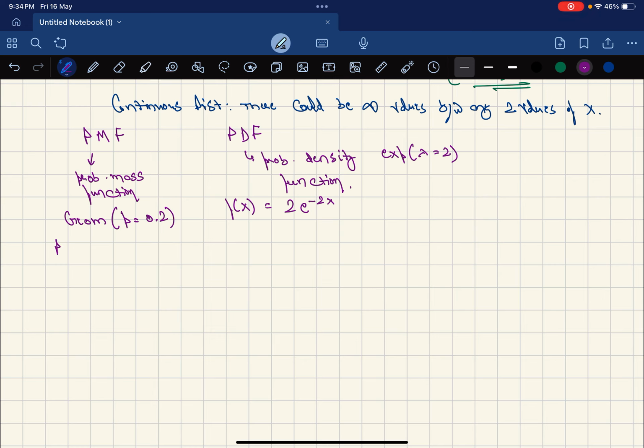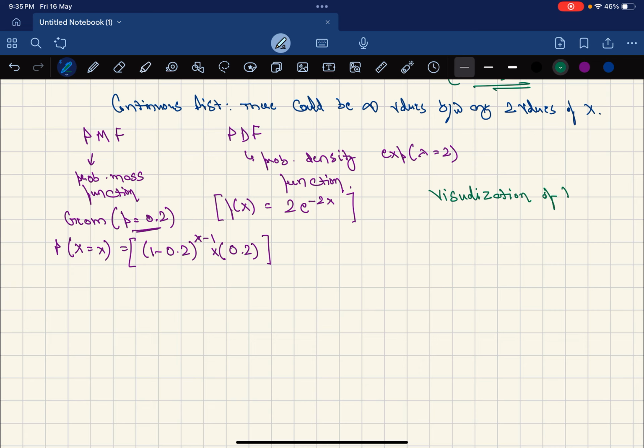And if you remember, geometric distribution is the number of trials to get the first successful trial. Now the probability of success is 0.2. Therefore, the probability of getting an unsuccessful event is 1 minus 0.2, and there will be x minus 1 unsuccessful ones, after which we'll get a successful one for which the probability is 0.2. Now this is a PMF or a probability mass function, while this is a PDF or a probability density function. Now what is the difference between PMF and PDF? I think the best way to explain this is using a visualization